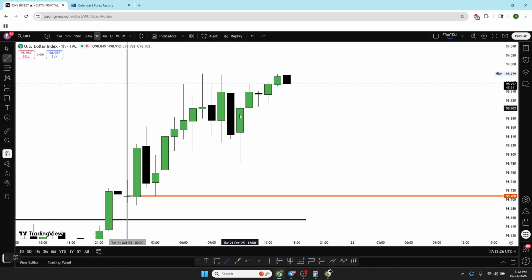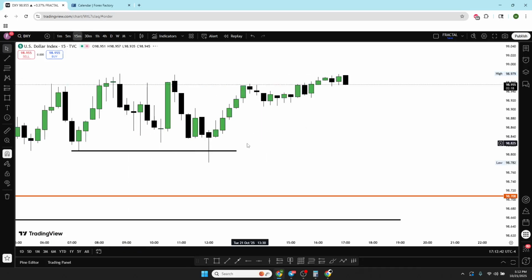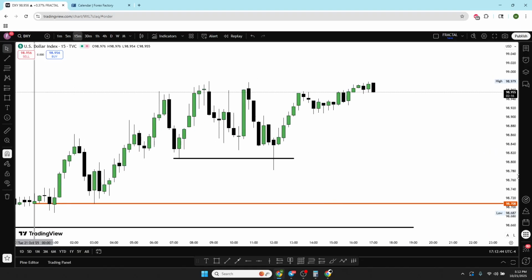The London lunch, we opened and we pierced below these two lows, which is the relatively equal lows. And this is the sell side liquidity that we look for, right? Once we punch below that, we can now go down to a 15-minute chart. On a 15-minute chart,